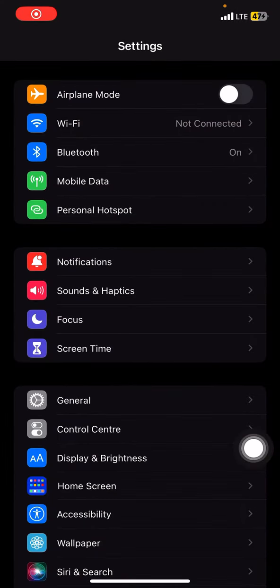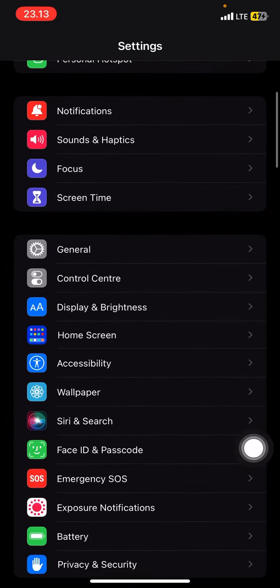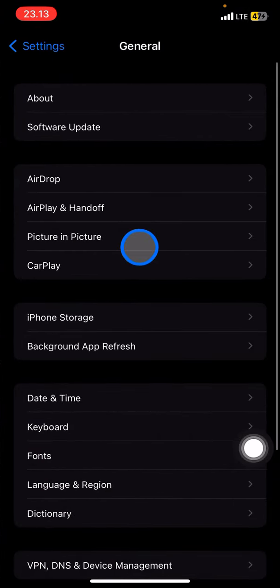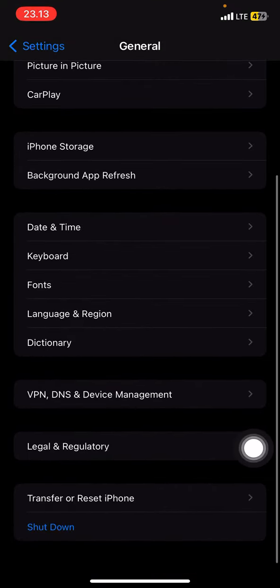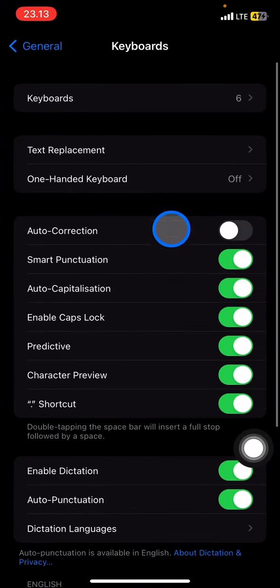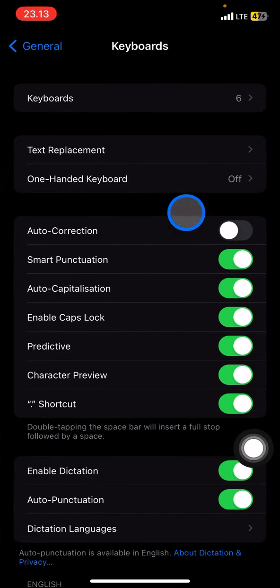Once you have opened it, you just need to scroll down until you find general, and in general you need to scroll down again until you find keyboard. Once you have found the keyboard, just click it, and there will be a lot of options that you can activate or